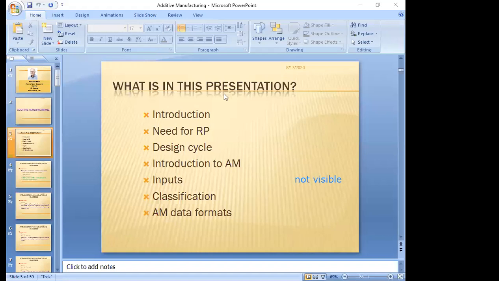So design includes load calculations, direction, the material selection, everything.